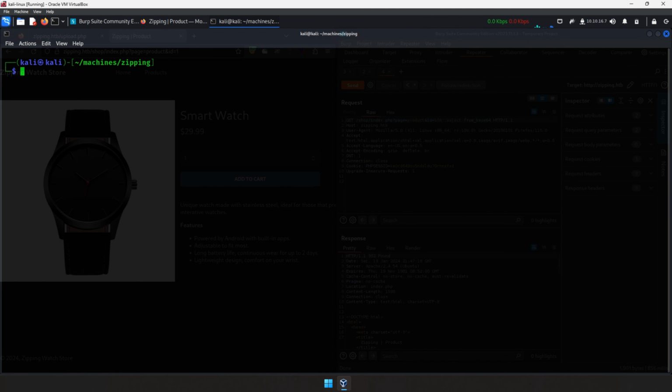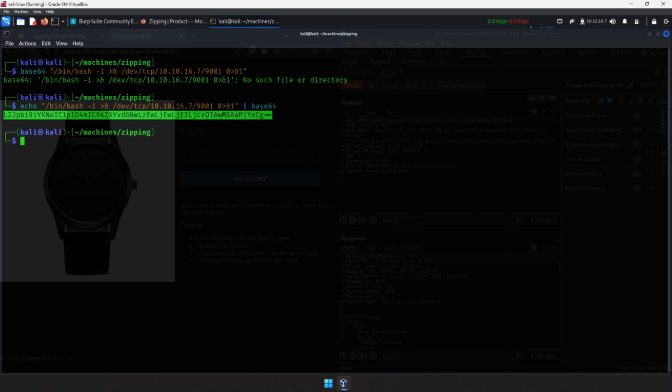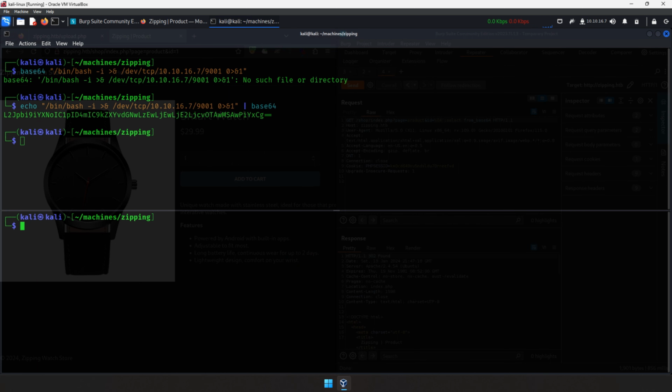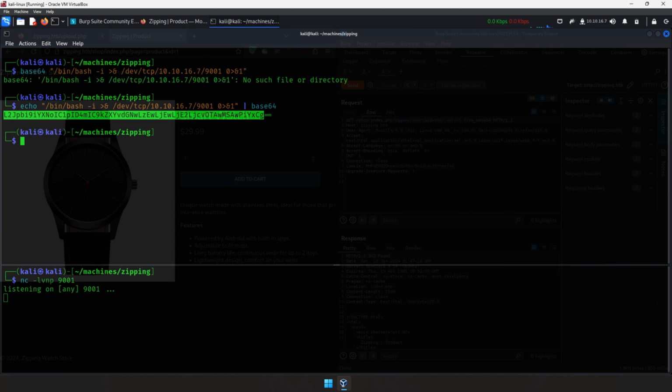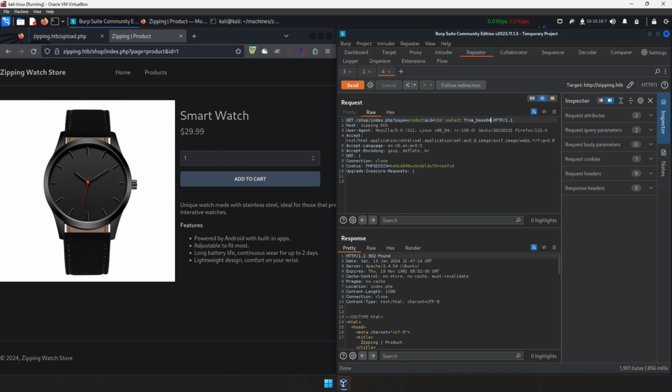Let's go to terminal and do echo, or just do this base64, paste, put it in quotes, enter. I guess I have to perform echo first, then it will do the base64. There we go. We have a base64 string which will be redirecting to our local system. So let's run netcat on local, paste, and it's running. Let's take it down a bit, copy, and if we go to the request over here, we'll start taking data